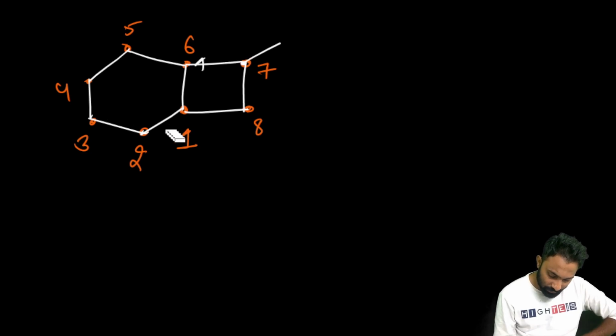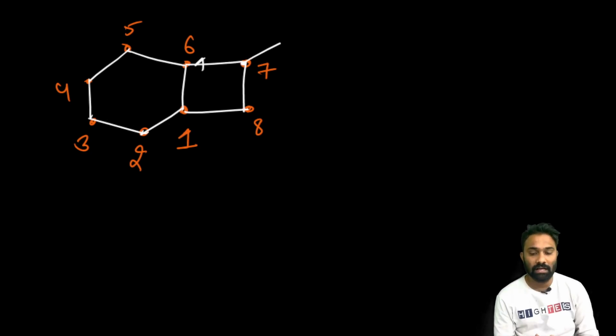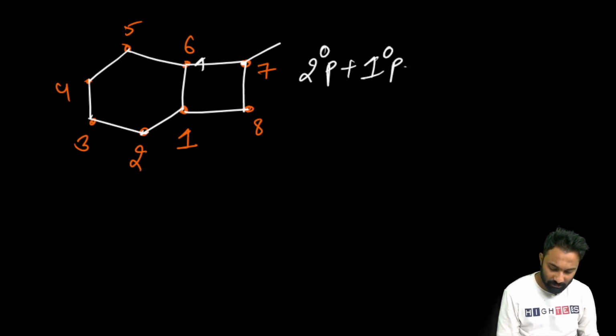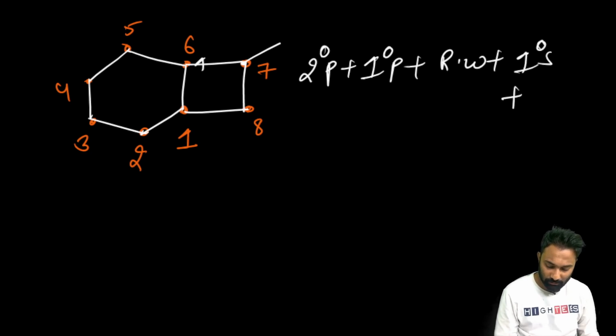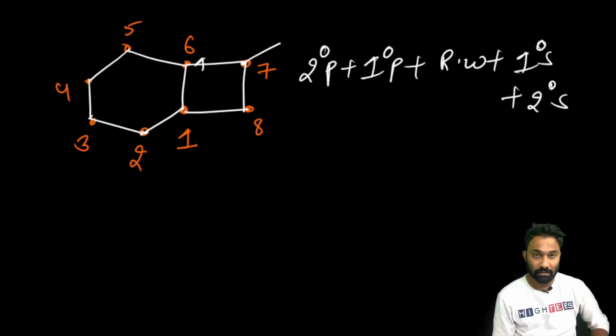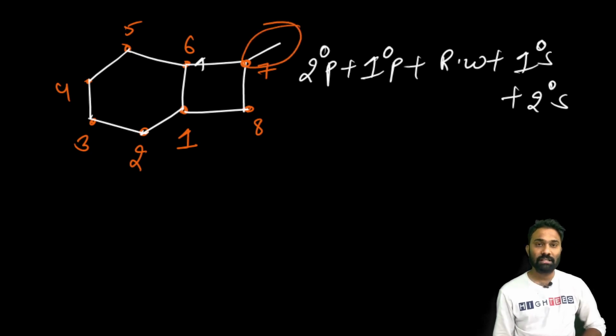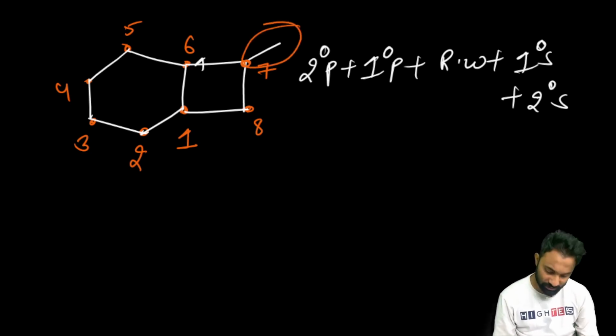Now write the naming. How to write the naming? Same: 2 degree prefix plus 1 degree prefix plus root word plus 1 degree suffix plus 2 degree suffix. Now the substituent is present, right? Which substituent is present? A methyl substituent is present. At which position is that methyl substituent present? The 7th position, right? So write 7 methyl